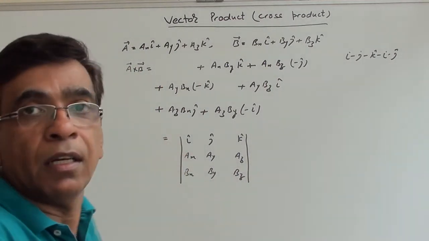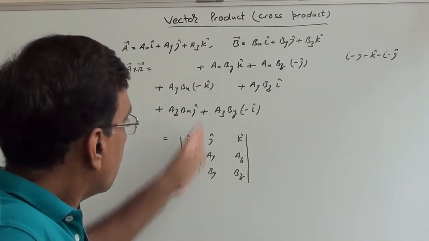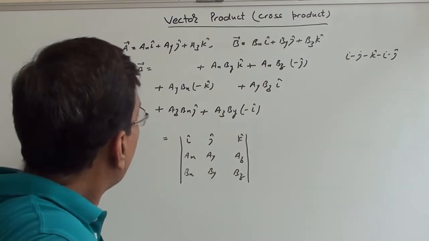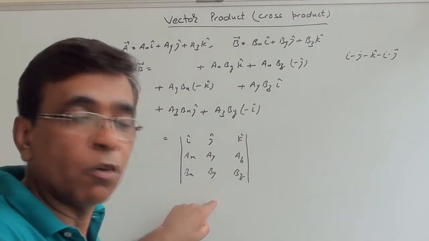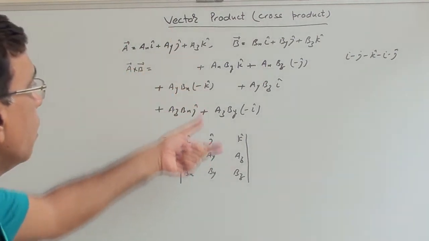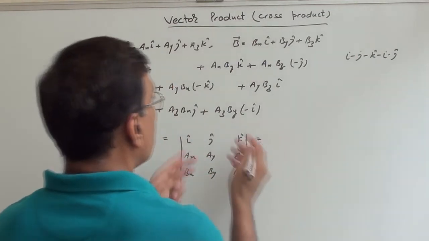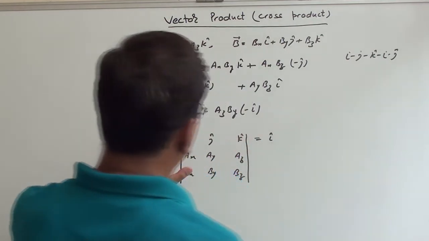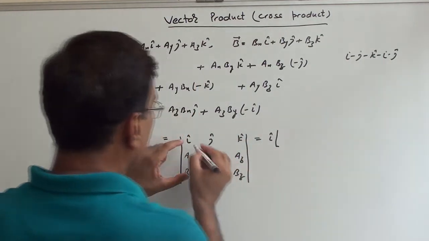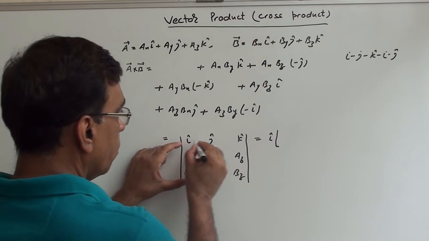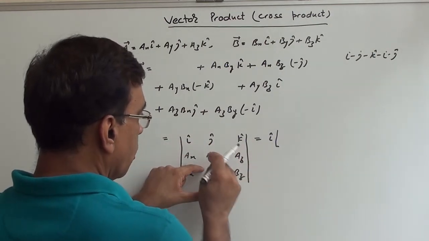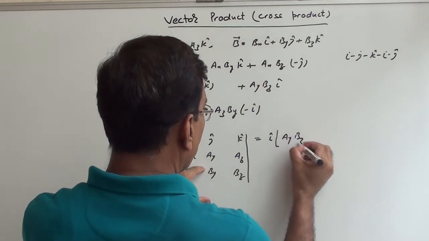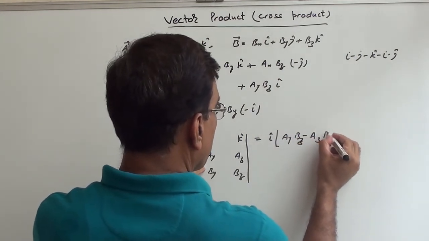These are the columns and these are the rows. So you can directly use this expression as formula, and how to open it, I am telling you. First we write I cap, the first term which is here, then leave this column and this row, we are left with this into this. So AY BZ minus AZ BY,